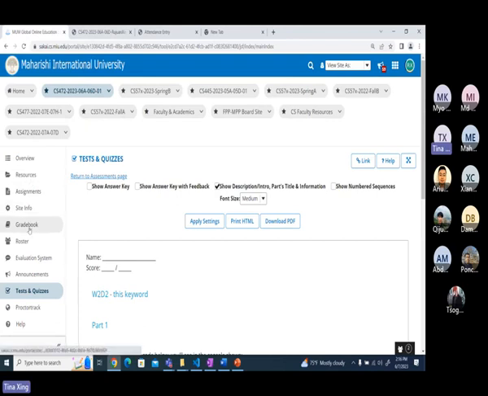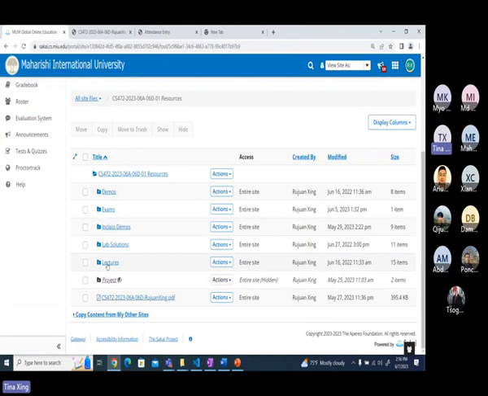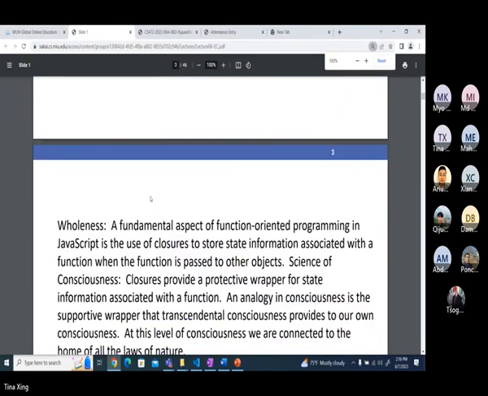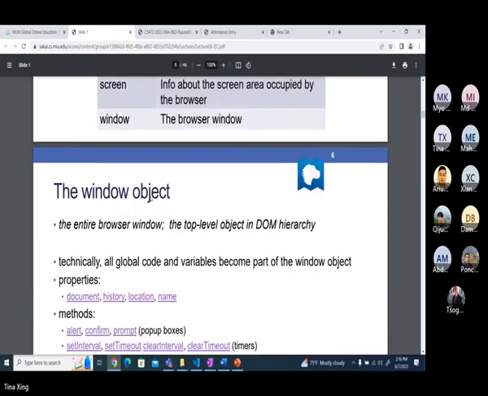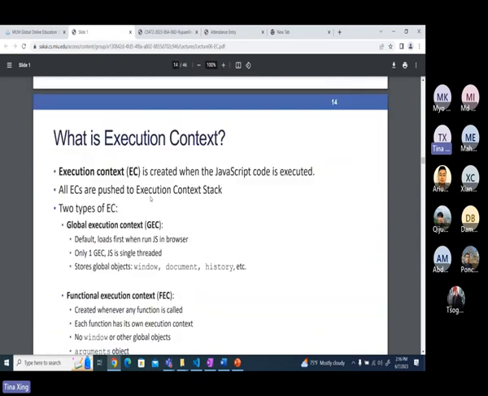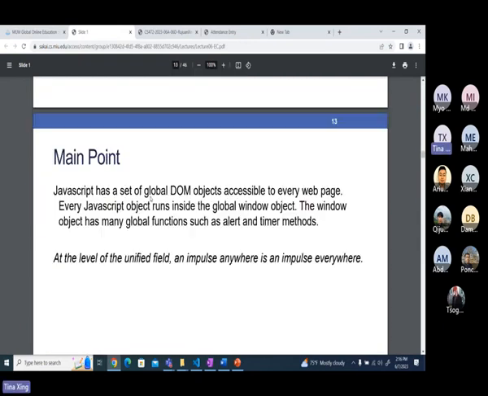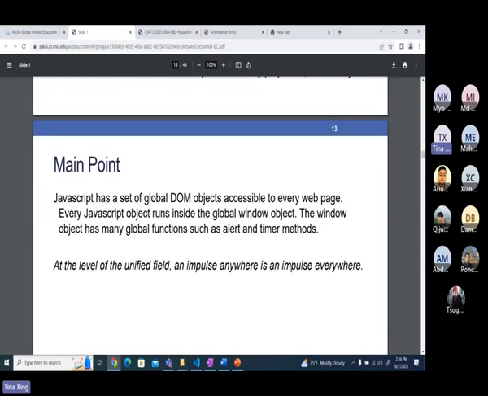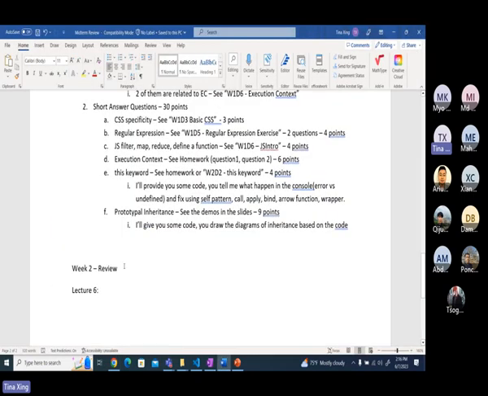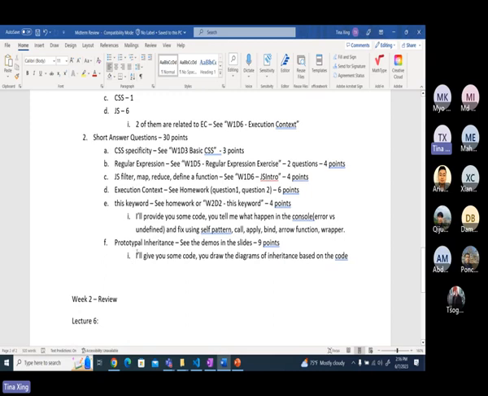Let me go over lecture 6. All the global objects, skip. No questions on that. For lecture 6, you have just